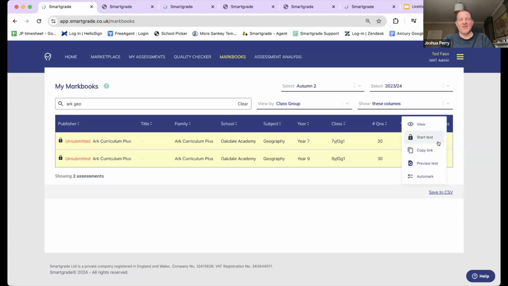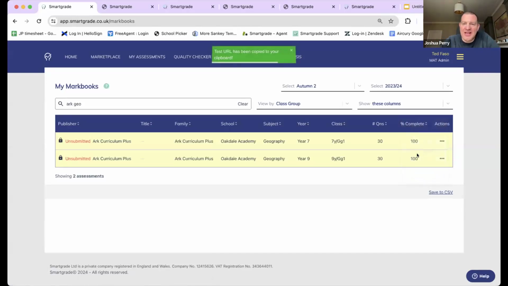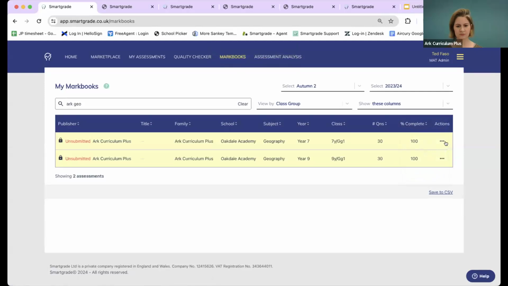So the first thing is for unused assessments, for new assessments, you'll see this list of a few different options. I can preview the assessment again, but I've got a few other things I can do here. And the two I want to focus on are these two here. Copy link. If I click that, it's going to give me a link. It's automatically copied to my clipboard